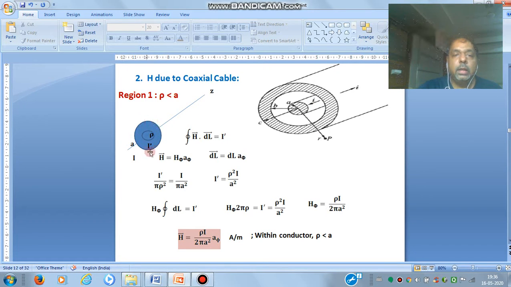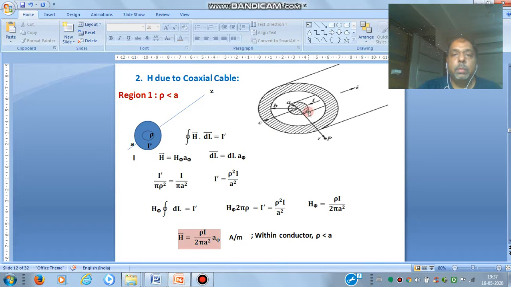Total current here is I, that crosses through the whole cross section, which is pi A square. The current that crosses the pi A square area is I, but the current crossing this pi rho square cross section is not I. So suppose the current through this closed path is I dash. Then in Ampere's law we will write I dash here. So the magnetic field intensity around this closed path we write like this: the closed integral of H dot dl vector is equal to I dash, not I.